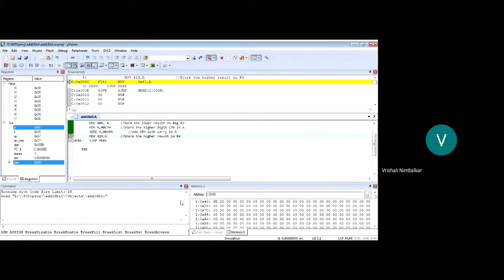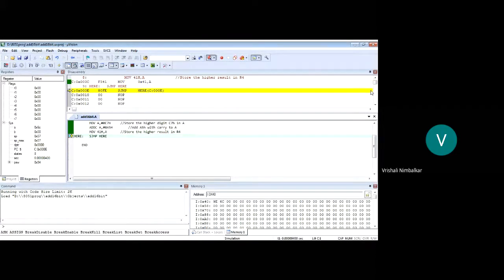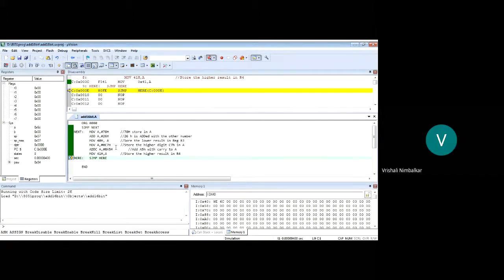Okay. So now when I execute, the second answer will be saved in 41. Can you see here 9E 6C is available in memory now, not in the registers? See, all the registers are 00. Where is my answer? The answer is in memory. Which memory? Internal RAM. So that's how you can store the answer in your memory also.